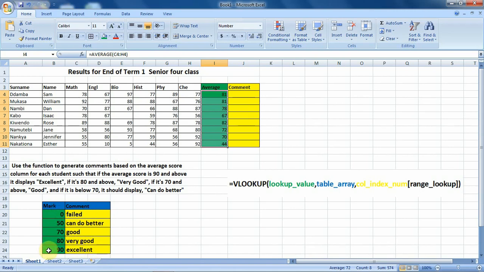Then these ones we see in green are our lookup values. When we use this function, it will be looking for these values, then we shall be in a position to get our corresponding values, or our comments, inserted in this column. But all these will be based on the values that are under average.